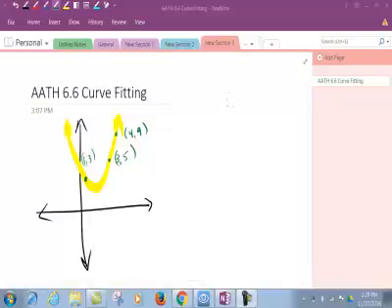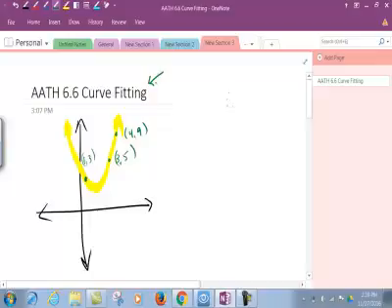Let's say I gave you 3 points, and when you plotted them, you were able to connect them with a smooth curve that graphed a quadratic function that made the shape of a parabola. The question I have is, would you be able to come up with the equation of that parabola given the 3 points? The answer is yes, and when you find that equation, what you are accomplishing is this idea called